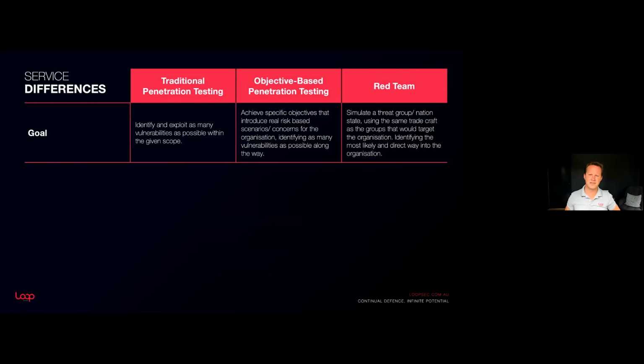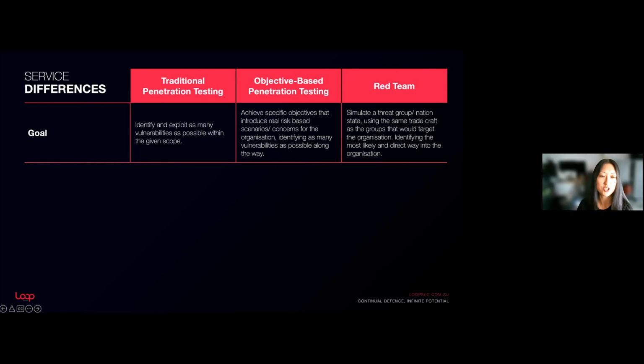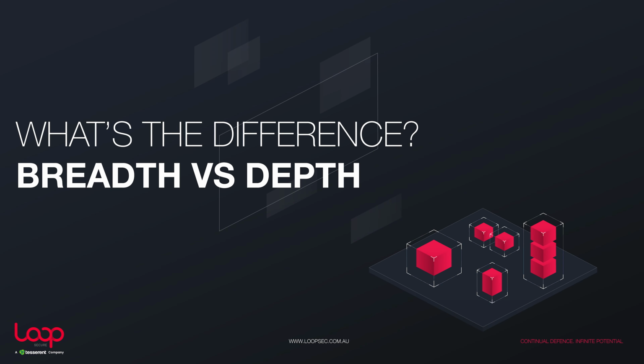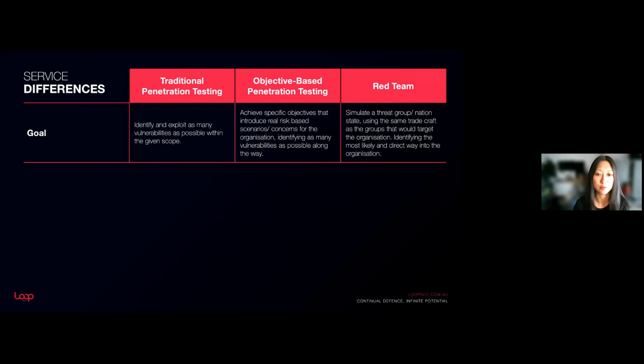So Mel, why don't you take us through the key differences between these types of testing methodologies? Yeah, definitely. Sounds good. So we'll start with the traditional penetration testing methodology, and we're just talking about goals right now. With the traditional approach, we're looking at your whole environment, obviously. We're trying to identify vulnerabilities. We're still trying to exploit them. But the main difference is we've got a specific goal in mind.